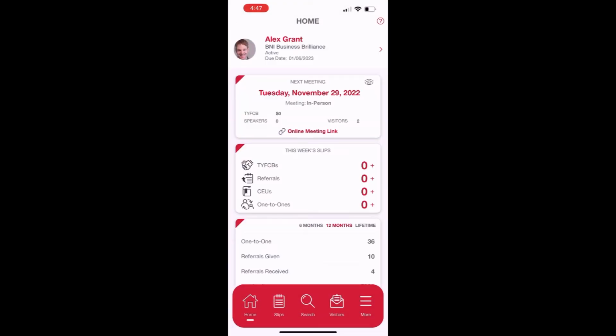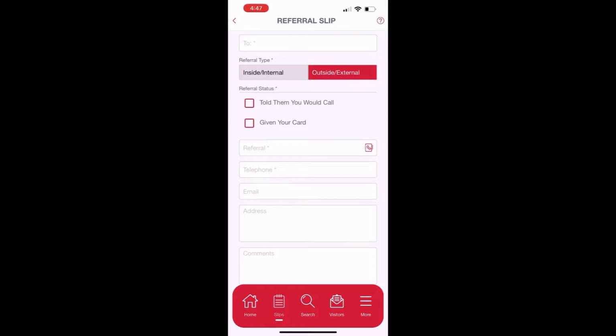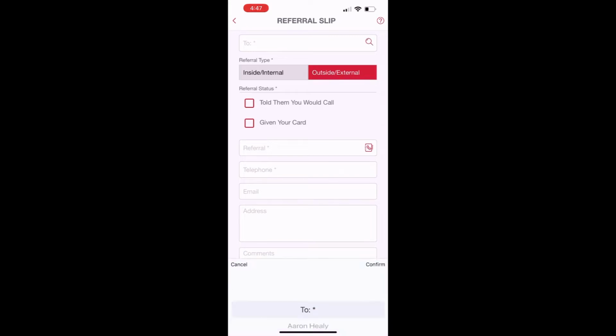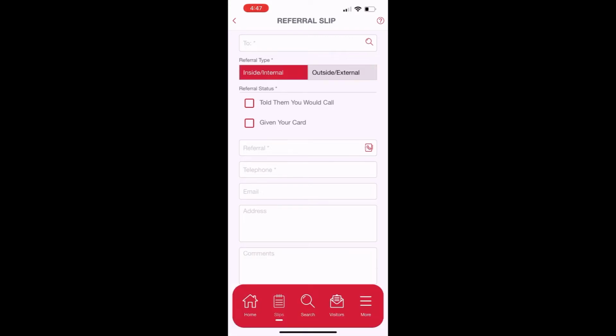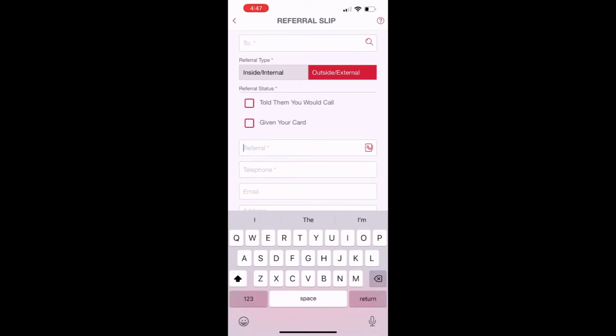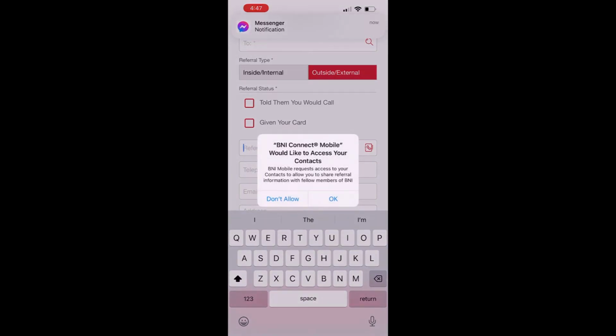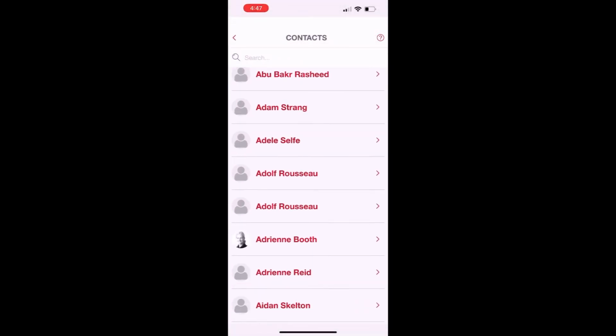In the same area of this week's slips, you can add a referral using that plus button. And in the same way, you can choose who the referral's to, whether it's an internal or an external referral, whether they're going to get in contact with them or the referral's going to contact them if you've given them their details. Then if you click on the referral box, it will ask if you want to allow the app